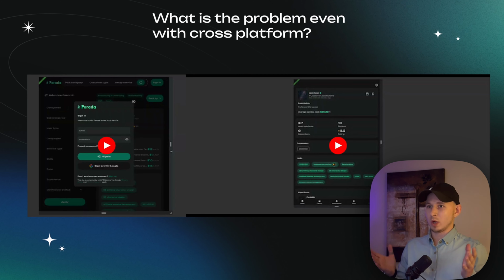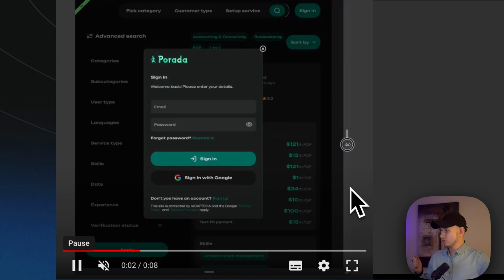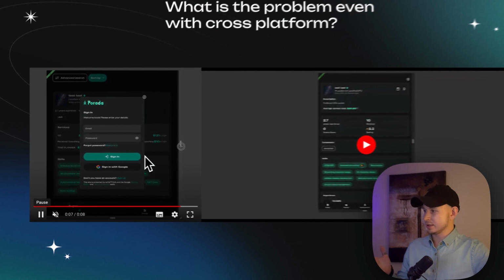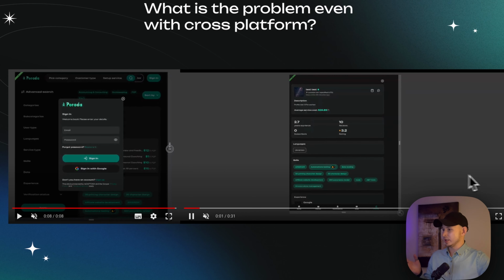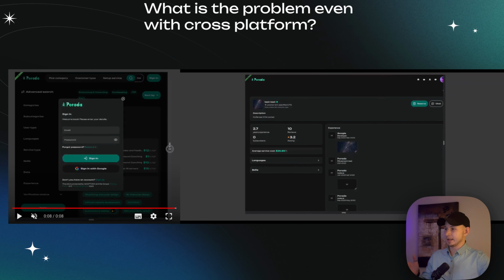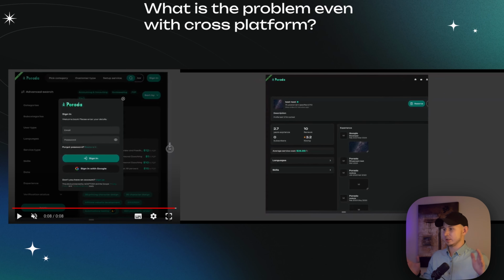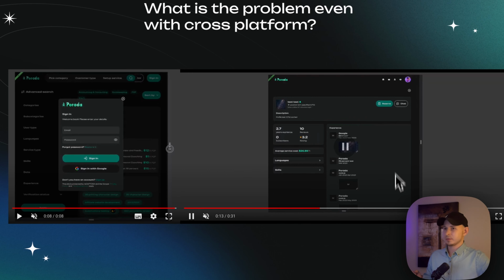So to understand what problems can be with cross-platform implementation, let's take a look at one of these videos. So this one, for example, right? As you see, the dialogue is changing itself. Or the second one, it's when the page basically changing the layout. And you see that the page is directly different from the start, from the beginning. Okay, so as you see, when you implement a cross-platform application, you may struggle with some implementation,